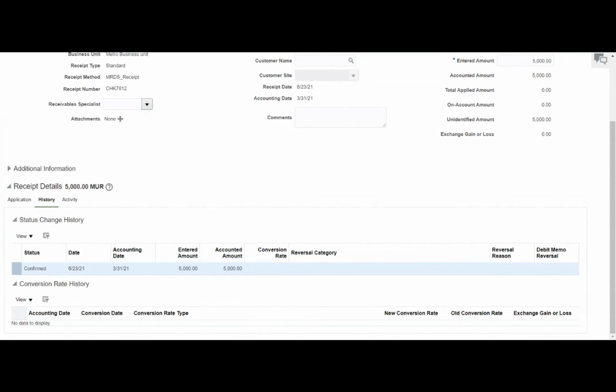All those activities I can see from here under the history tab. Or if I want to see it from activity also, I can see from there. Since we don't have any activity that we did, we couldn't see details. Okay, because we just entered the details and it is in confirmed status.